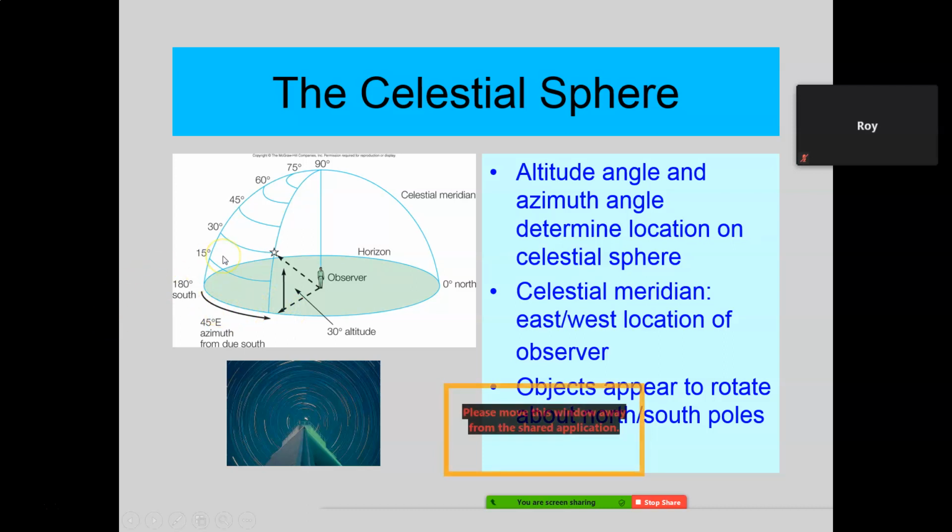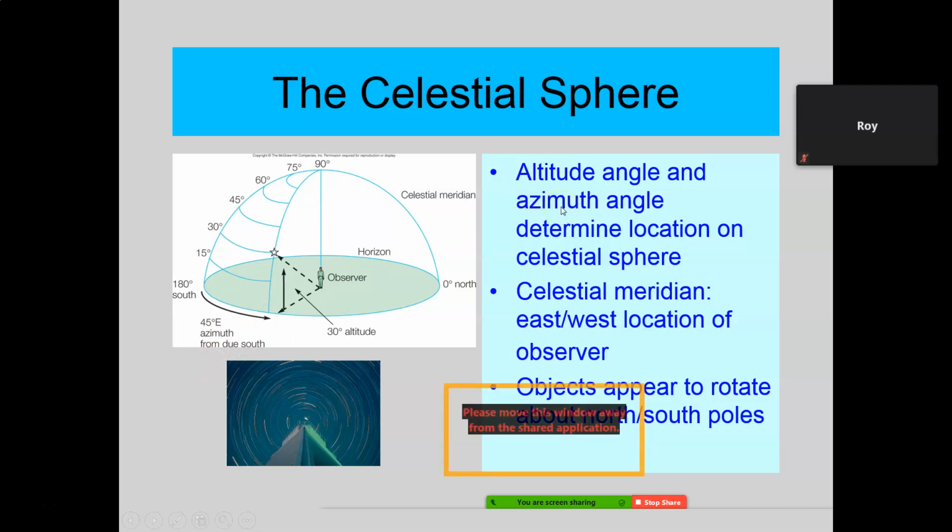Now, how do you measure where you are from where? Well, you take 0 degrees to be true north, 180 degrees to be true south. So measure in the clockwise direction from due south, or measure east from due south, how many degrees it is from due south. That's 45 degrees east of due south. That's called the azimuth angle.